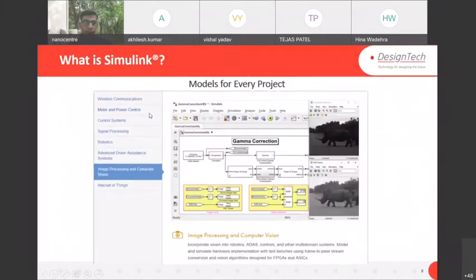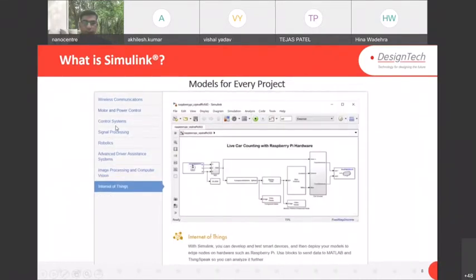So these are some applications of Simulink. Either you are working on wireless communication, motor and power control, control systems, signal processing, robotics, advanced driver assistance systems, image processing and computer vision, or IoT. So this complete set of applications you can design in Simulink. And if I'm talking about industries, lots of industries are using Simulink for their designing and testing purposes.